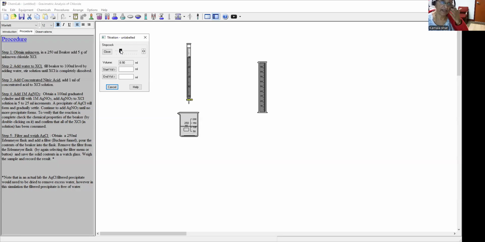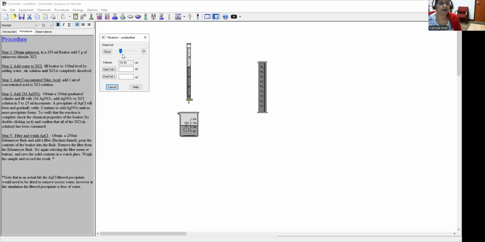So between 5 and 10 ml increments. And as the precipitate forms, you will see that it is settling at the bottom. Continue until no more precipitate to verify the reaction is complete. You go to check the chemical properties of this particular